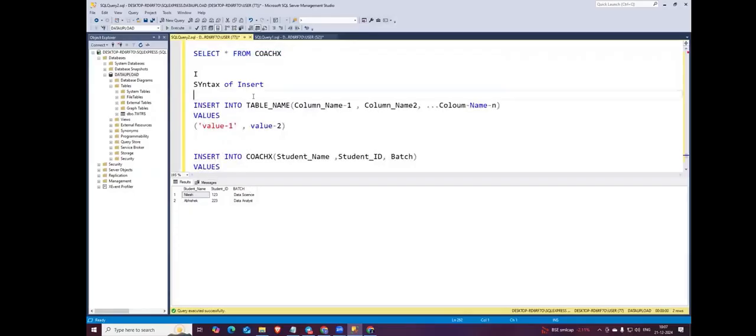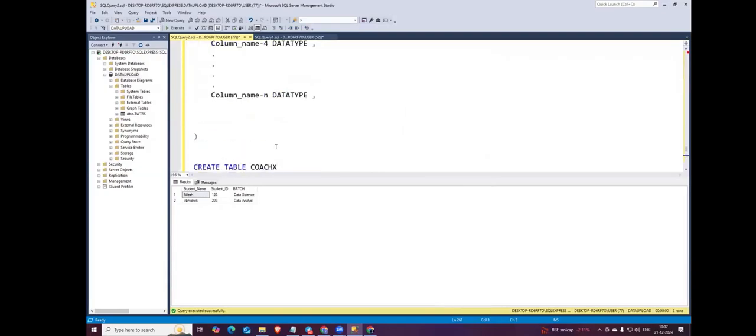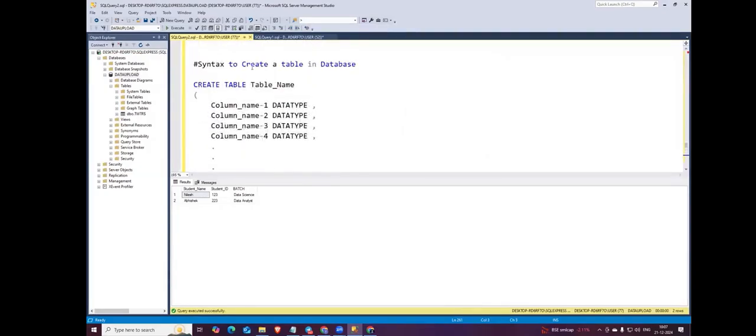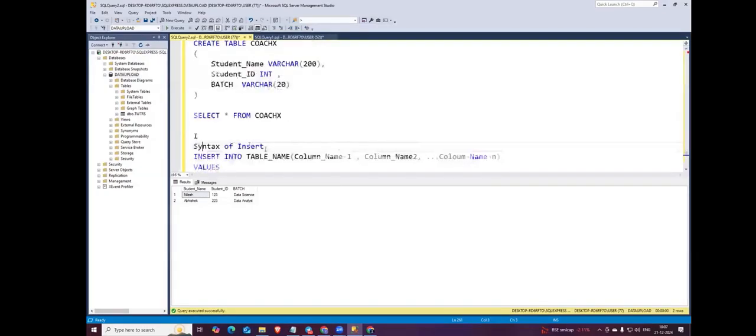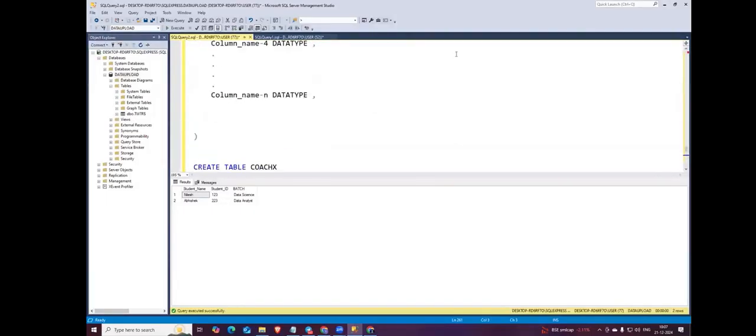ठीक है, तो ये इंसर्शन का सिंटैक्स है एंड आपका गाइस इसका सिंटैक्स है, क्रिएशन का सिंटैक्स है. एटलीस्ट गाइस यू शुड नो द सिंटैक्सेस. आपको अगर सिंटैक्स पता है तो डायरेक्टली यू कैन एबल टू राइट एनी क्वेरी यू वांट. ठीक है, सो these are the things are there which is basically